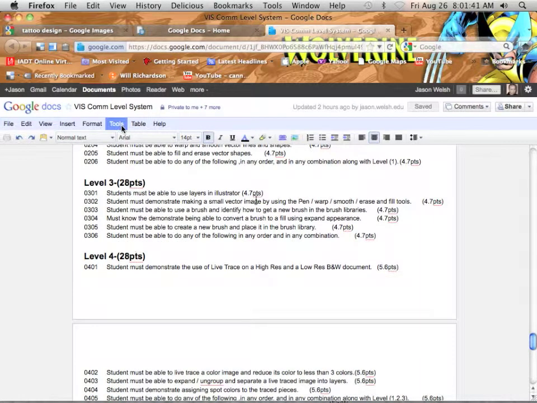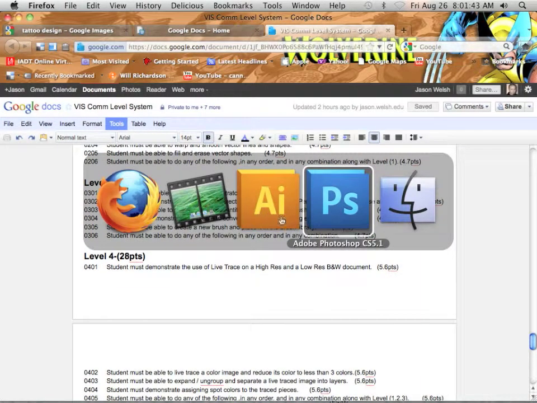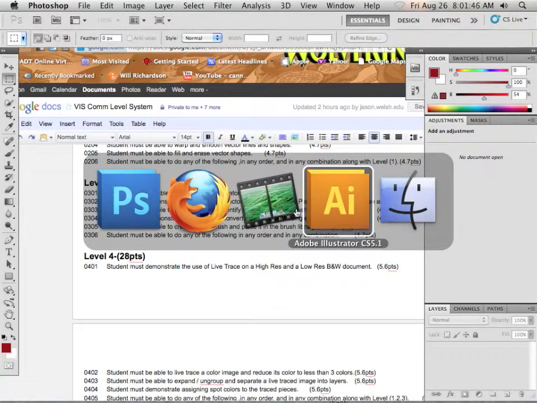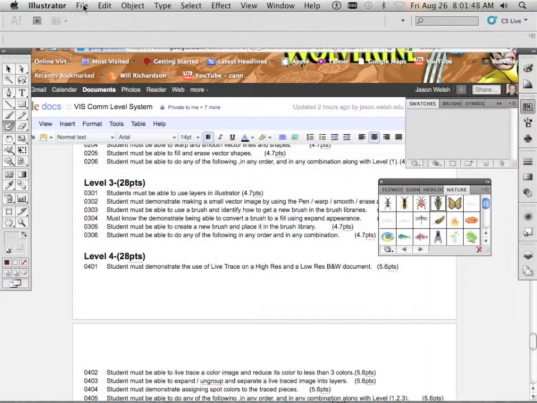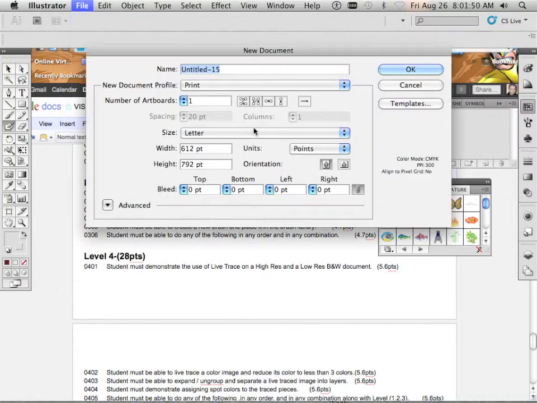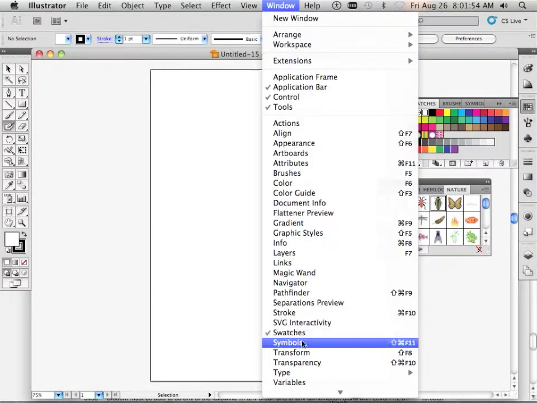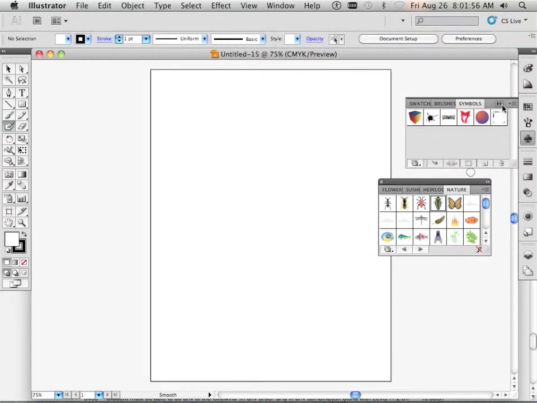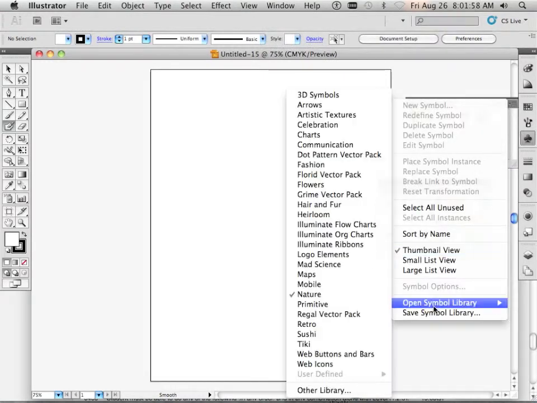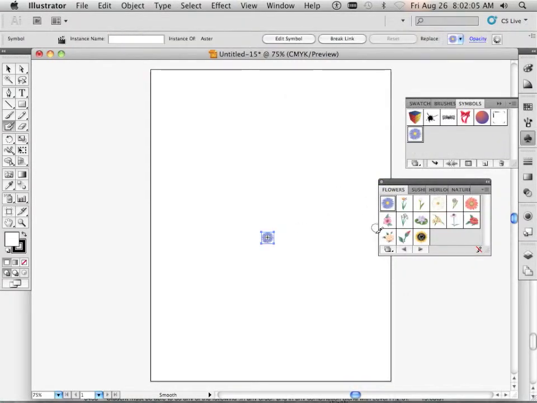producing a vector image. In Illustrator, I'm going to kind of show you what a vector image really is and some good examples to look at. So File, New, OK, then go into Window, Symbols. There's a million symbols. If you go into Symbol, you'll find bugs, flowers, all kinds of crazy stuff,